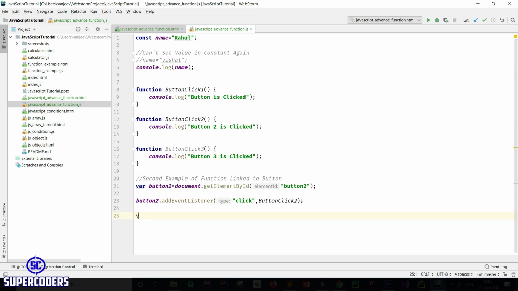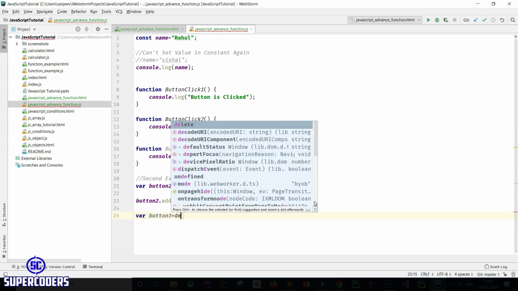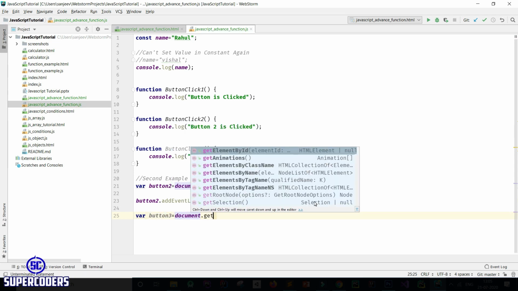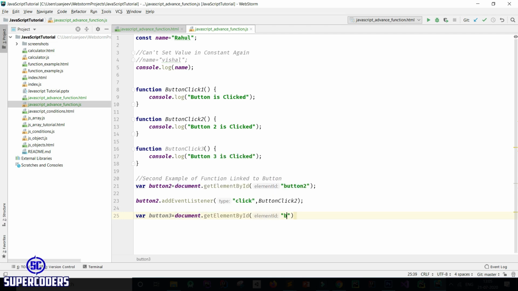Now let's see, where button3 equal to document.getElementById, then passing button3.